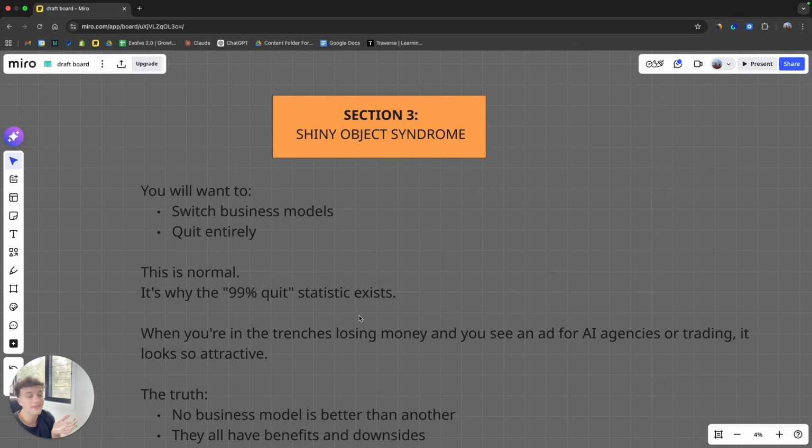And this is completely normal. It's why the 99% quit statistics exist, because you, in your exact position right now, are feeling all of these feelings, just wanting to quit when you do all of this work, you publish ads and they're instantly banned by Facebook. That is normal. It's why, when you're deep in the trenches, spending hundreds of dollars every single day, and you see some